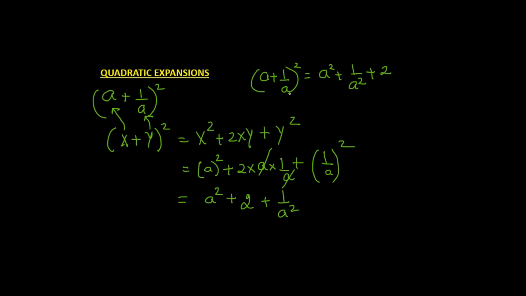Whenever you are adding two numbers which are reciprocal of each other and you are squaring that sum, then you get the squares of the individual numbers and a 2 added to it. I hope this is very clear. And similarly,